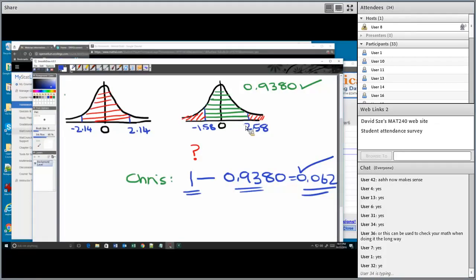You can do it any way you want. Like I said, you can do this in 2 steps. You can first find this area, then find this area, then add them together. That's one way to get the answer. The other way is to do this trick where you find the middle area because StatCrunch gives you that, and then just subtract this from 1, and then all the area that's left are these edge areas. And you don't need to do any additions anymore because the answer you get is the sum of the two areas already.